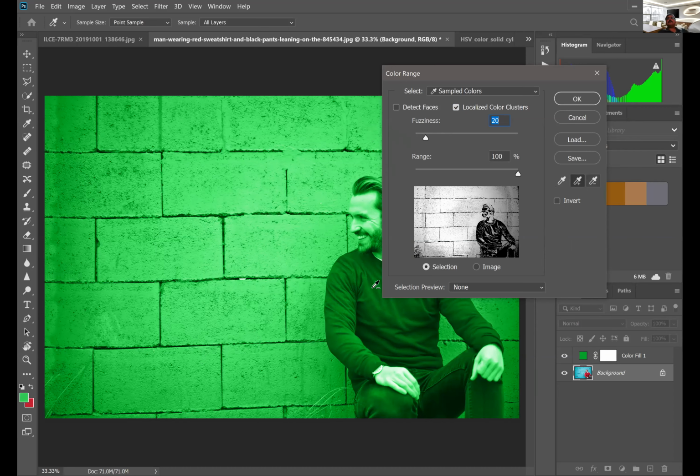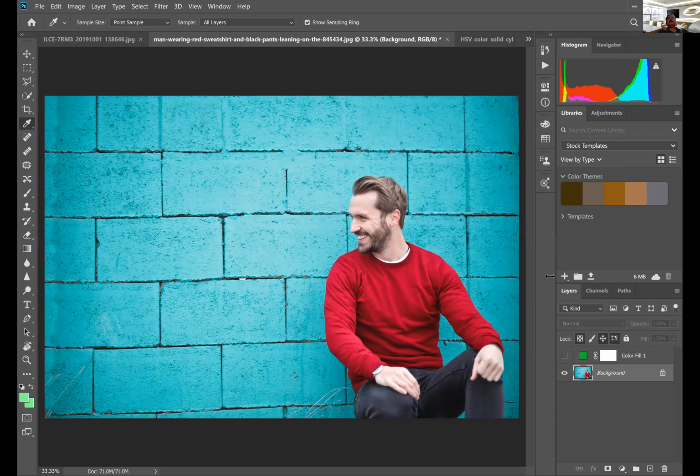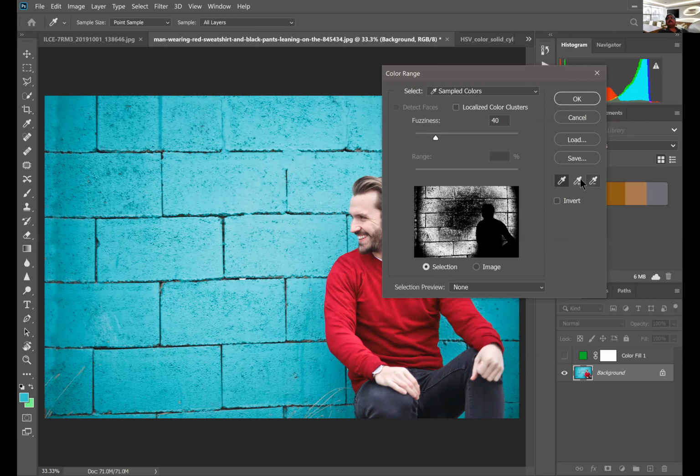One minute. It's better if you do it without his layer selected so that it becomes easier. I'll start again. So go to select, choose color range, choose the picker, pick the blue color. Then use the plus marker and make sure that it's localized color change, because it is not going to select anything from him.